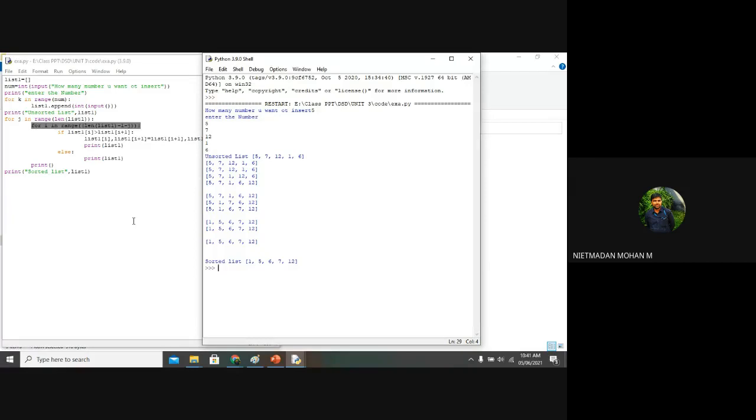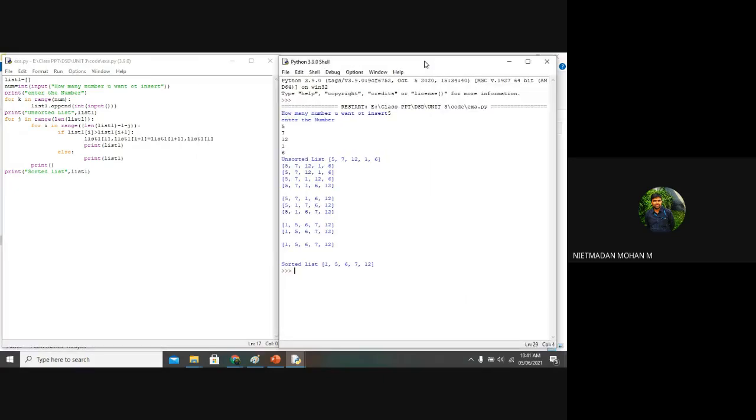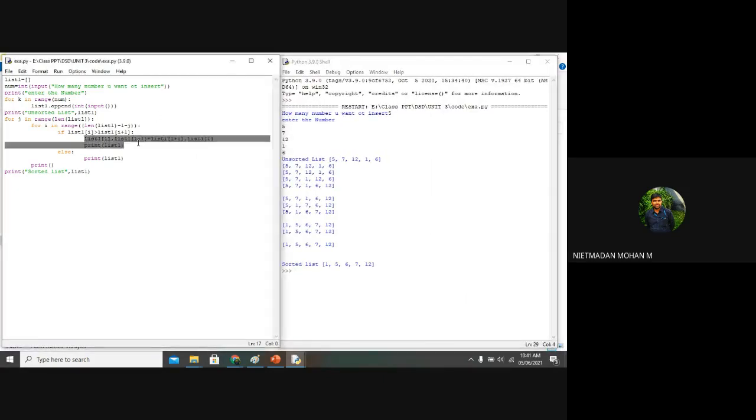One of the simplest is bubble sort. When you compare all the sorting techniques, the simplest sorting technique is bubble sort. Here we can use some other swapping technique. We have a lot of swapping techniques also, but I am not going to use them or tell you about them. This is a basic technique, and it will be enough for writing your university exam.